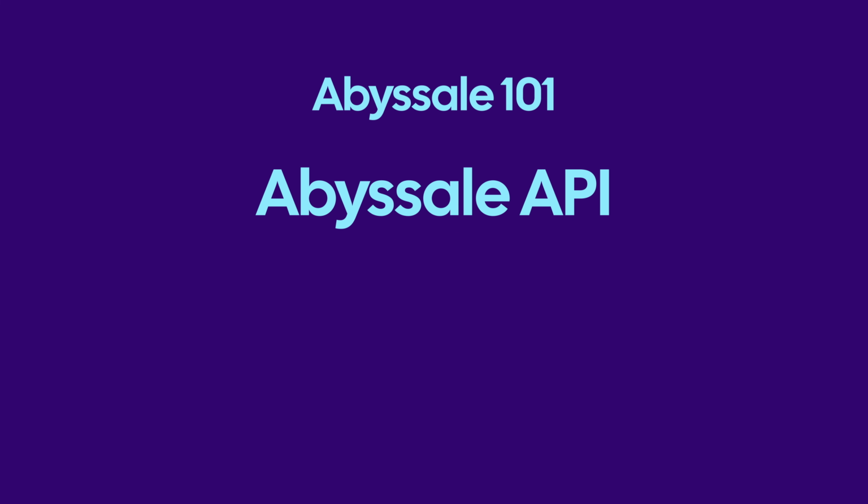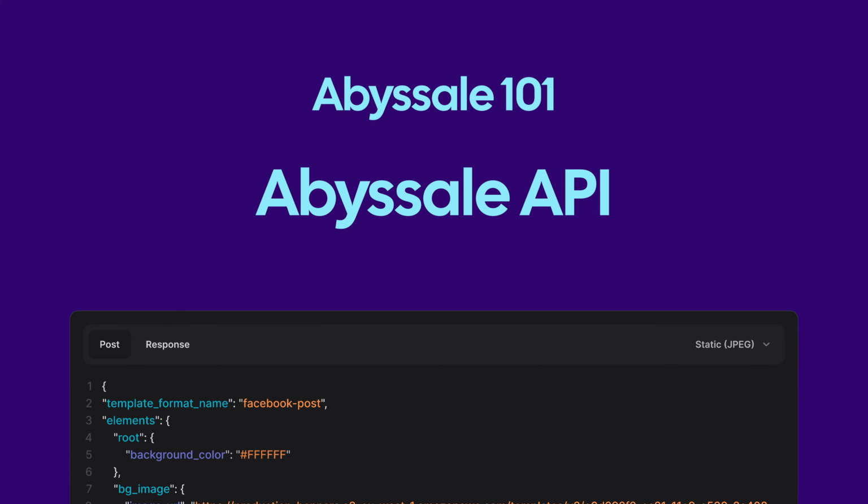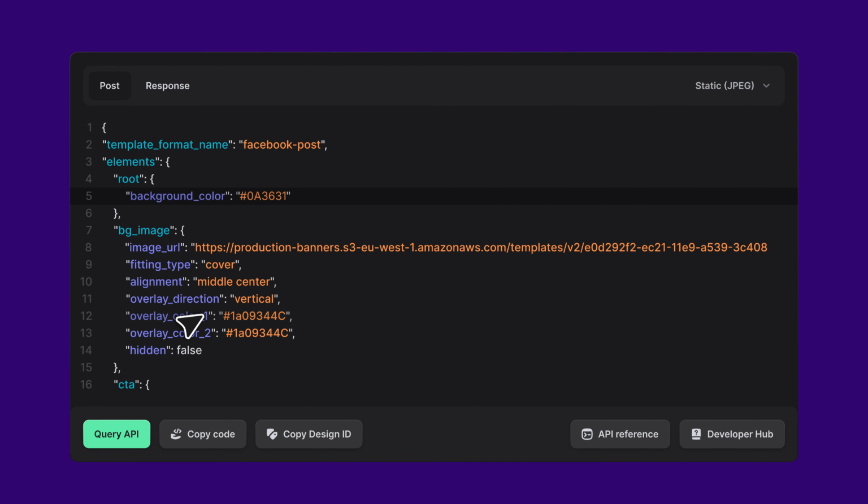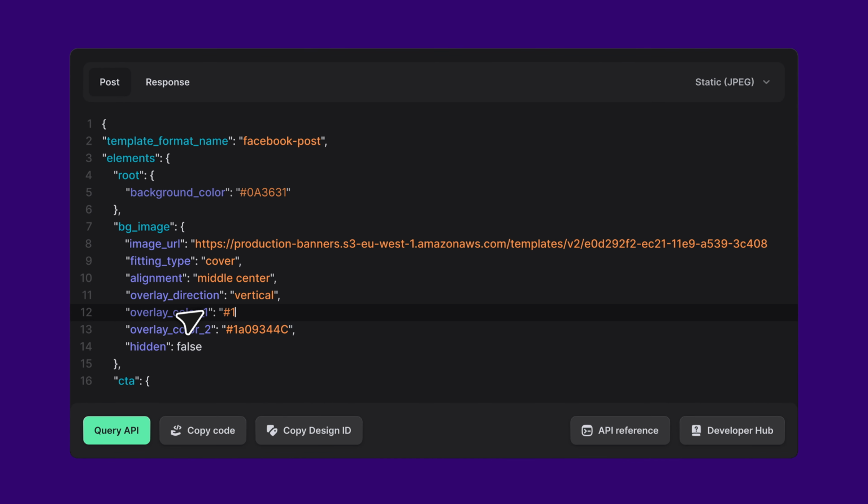In this tutorial, we'll explore how to use Abyssale's API to modify, generate, and automate your designs without having to manually create each variation. Whether you're looking to generate thousands of personalized banners for your e-commerce products, create dynamic ads that update in real time based on inventory, or automatically produce visuals for your global campaigns across multiple languages,